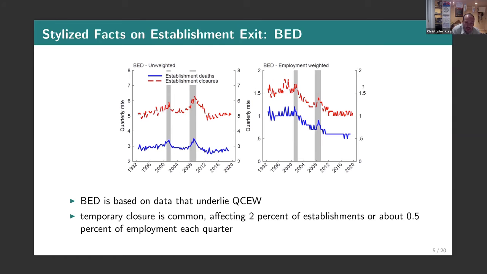What these figures are presenting are essentially the unweighted and employee weighted rate of closure and death. One thing that jumps out at you is that the unweighted numbers are significantly higher. You're seeing quarterly exit rates of about 5% over the past few years. But once you weight those numbers, you'll see that the quarterly closure rates are about 1% over the past 5-10 years. That means that as you employment weight these exit rates, you're going to see that a lot of the churn is happening in extremely small